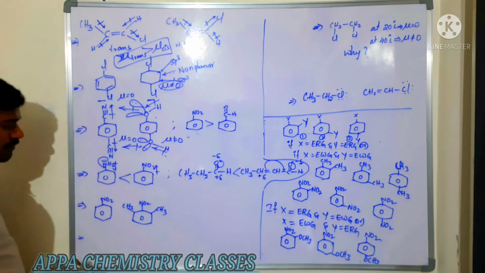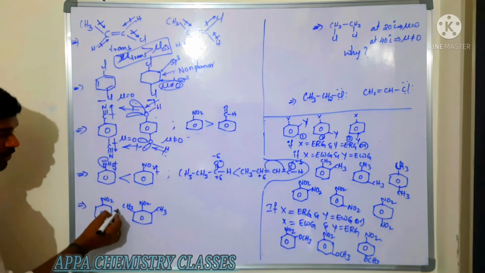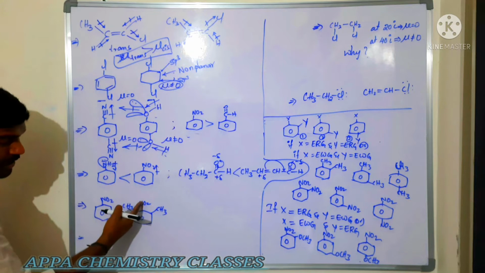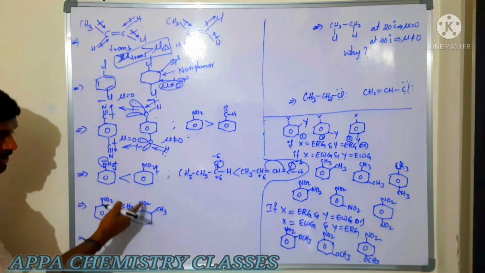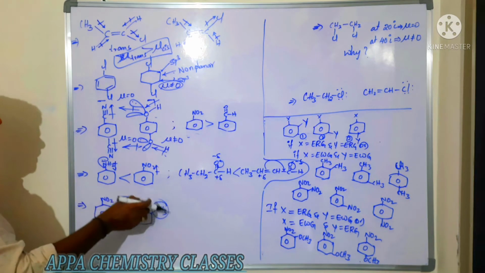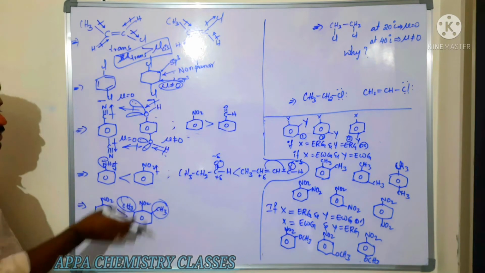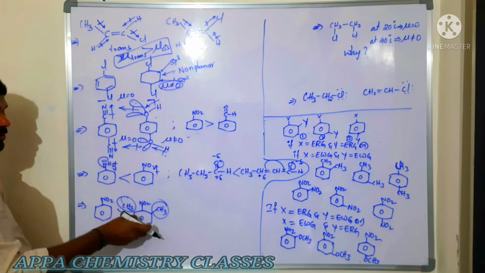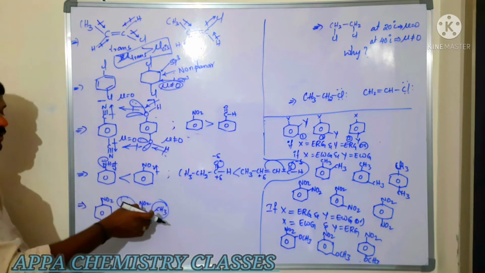Very, very important. Now among these two, which is having more dipole moment? This one, because the nitro effect on the benzene ring is decreased by these bulkier groups. These two methyl groups decrease the effect of nitro. So then it will not pull that much of the electrons from the benzene ring because of this nitro effect.